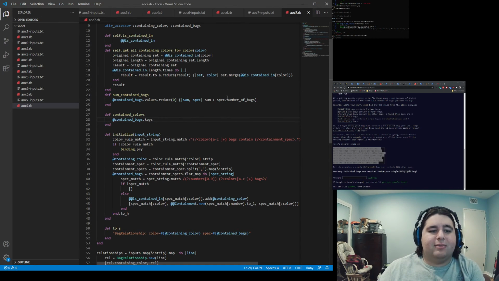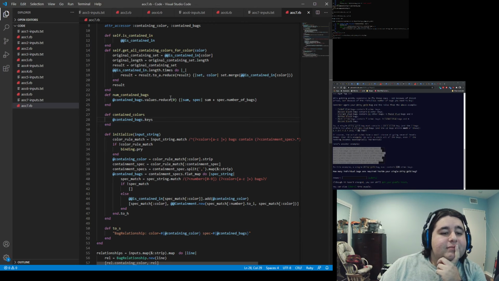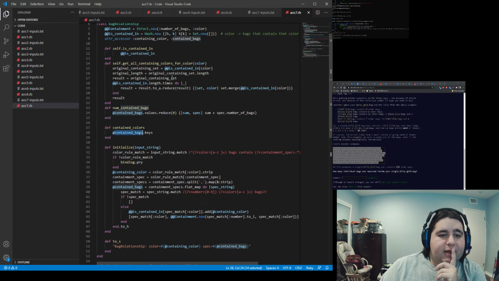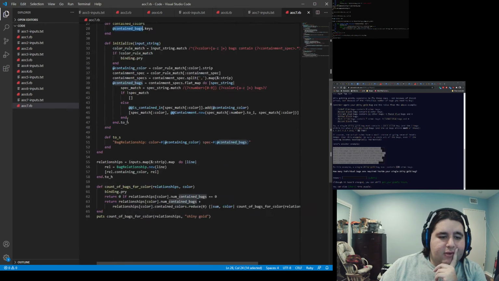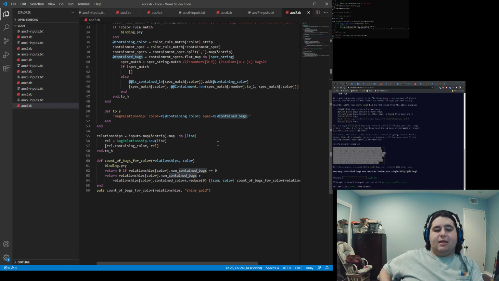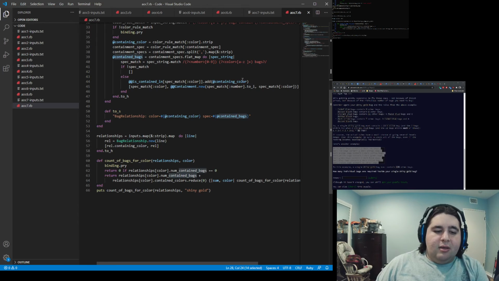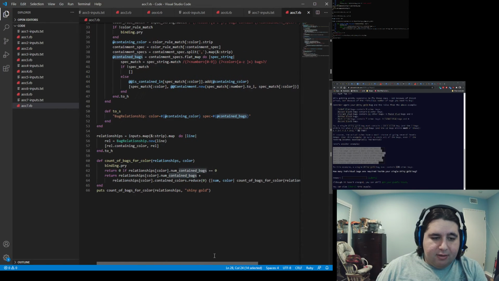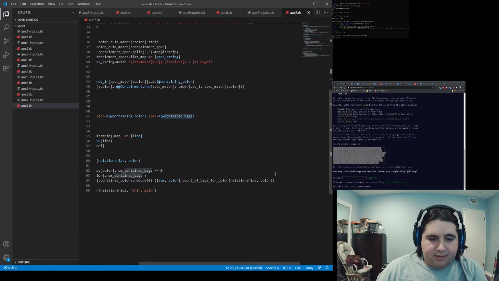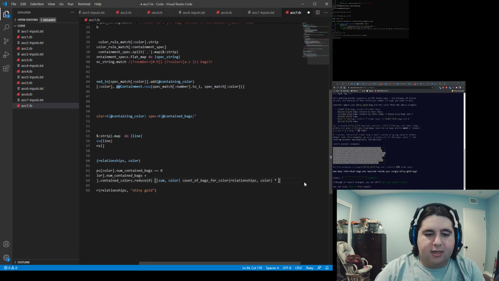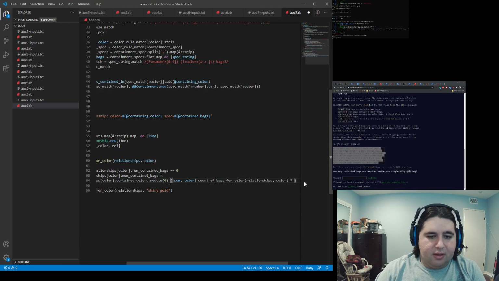Oh, this is actually just that. That's funny. So there, I've got the attribute here. What I'm learning here is just make everything a hash. Why bother with arrays unless you truly don't care about accessing by any index? Okay. So now I've got the count of bags for the color times the number of times that bag color appears in the root level color, which is